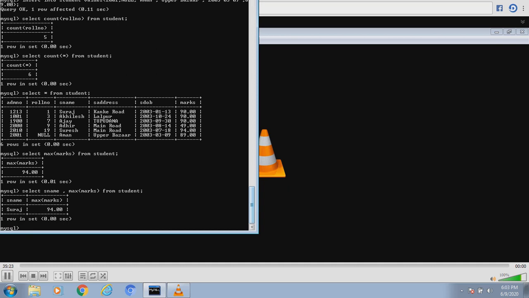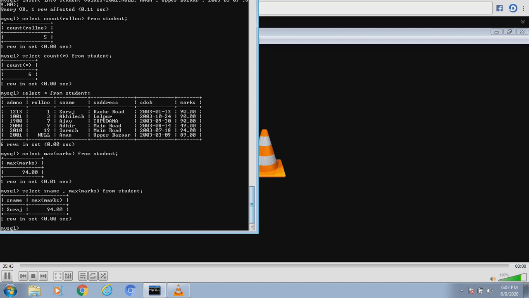So students, remember these type of select statements where SNAME has to give 6 values but max marks has only one value, 94, there would be a mismatch and the result would be erroneous. So never use such functions.